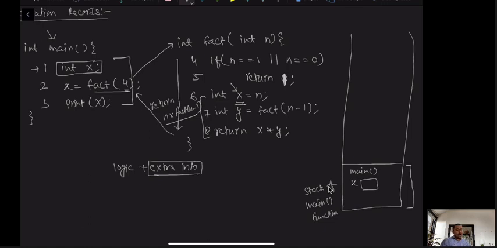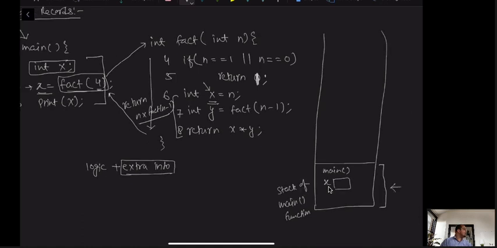Now when we go on to the next line, before executing this equal-to part, it has to call this function, and whenever a new function is called, it will create a new stack, that is, a new activation record is maintained. The control was here, but now that you have called a new function, fact of 4, a new stack of fact 4 is maintained, and the activation will be transferred to this stack.